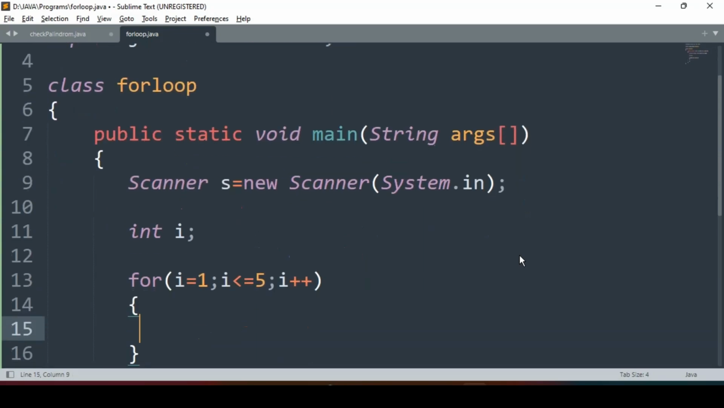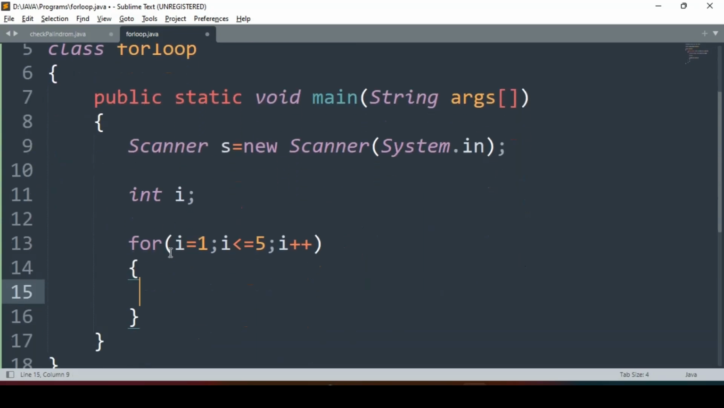We know how for loop works. We have already discussed this in my previous video. You can have a look at the working of for loop. Now here how for loop will go? It will go from 1 to 5. I is equal to 1, then it will become 2, then it will become 3, then it will become 4 and then 5. And I am printing the simple message